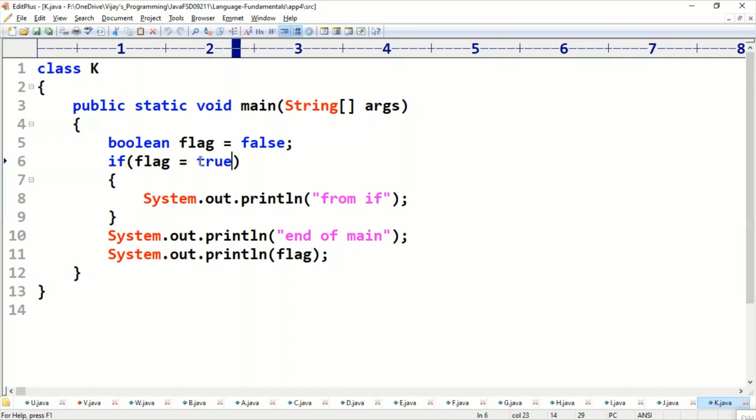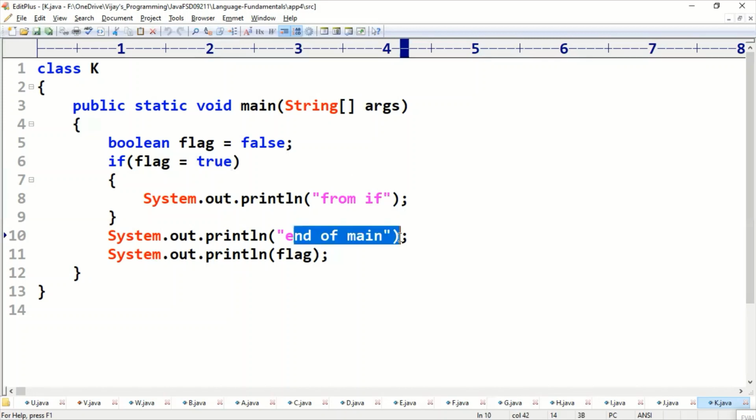Syntactically proper, the if condition got true, going inside the body of the if block, printing from if, comes out,